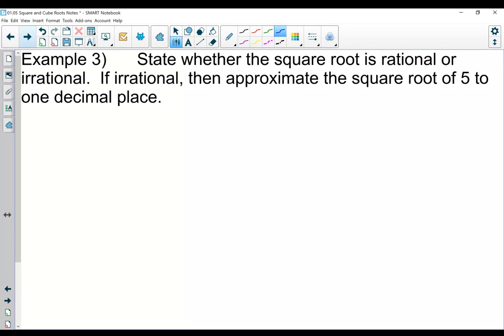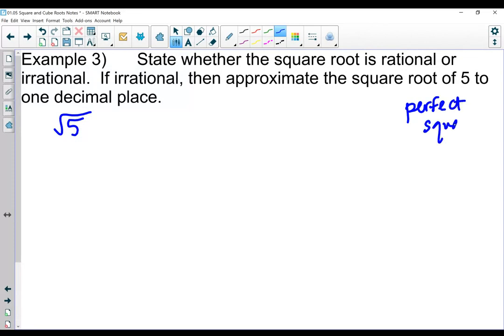For example 3, it says state whether the square root is rational or irrational. If irrational, then approximate the square root of 5 to 1 decimal place. So we're looking at the square root of 5. I cannot build a square out of that. And if I think about my list of perfect squares,